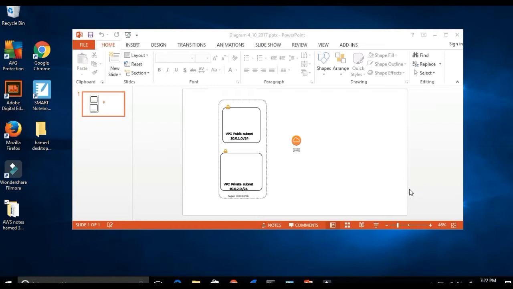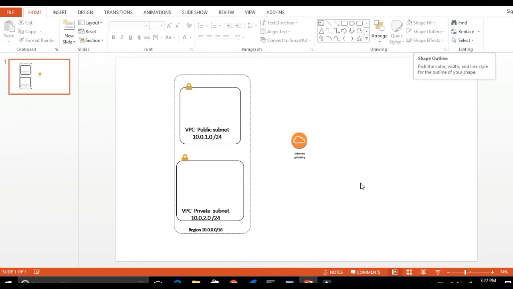Today I want to talk about how we can create a VPC on Amazon AWS. So what's going to happen, here's our diagram, let me make it bigger for you. We're going to create a brand new region at